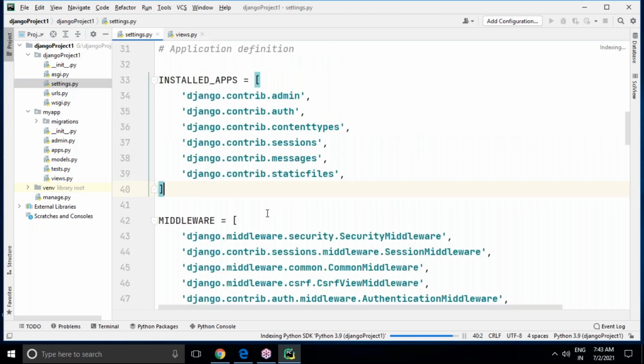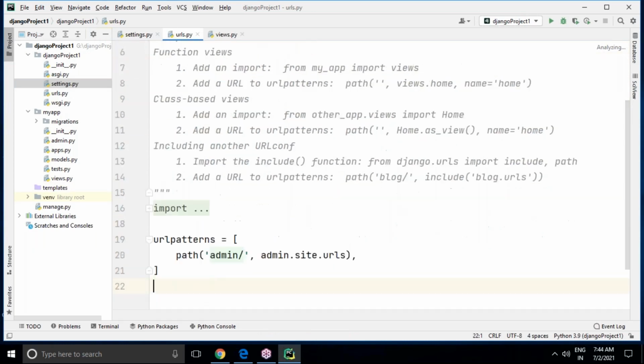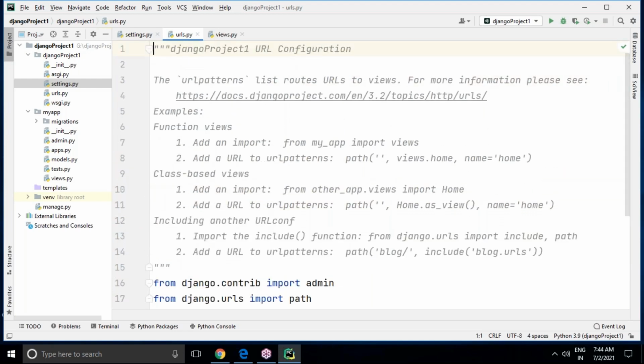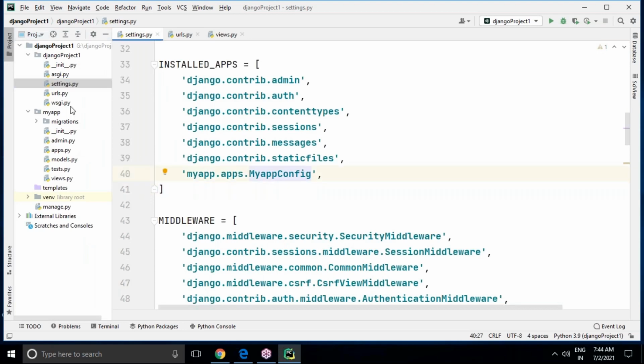You can see this. Oh, it's not added. No issues. Now you can see it is refreshing. I have not added anything at all. But let's go and check. Now once we add it, in installed apps of settings.py, you can see my app, my app configuration, is automatically added. Initially it will not add. Whenever you start using your application, it will automatically be added to your settings.py. Did I add it manually? No.